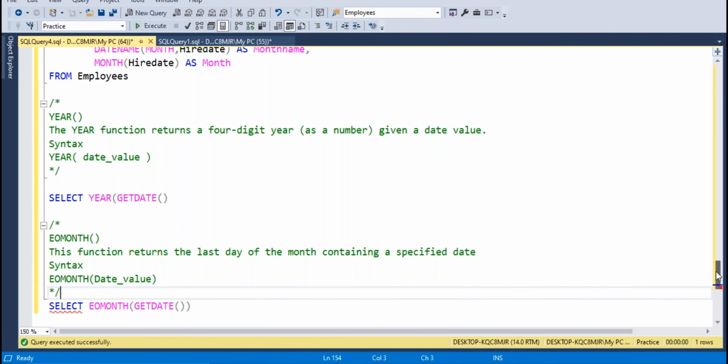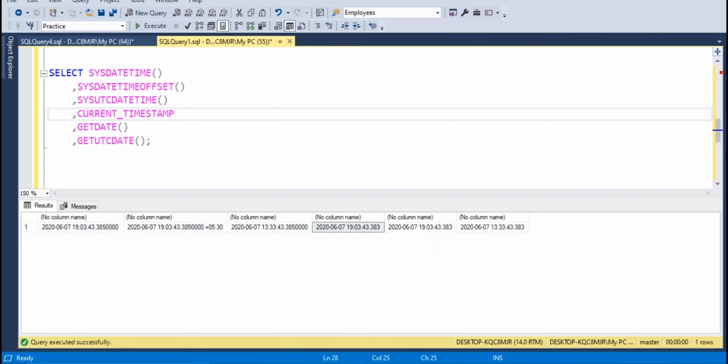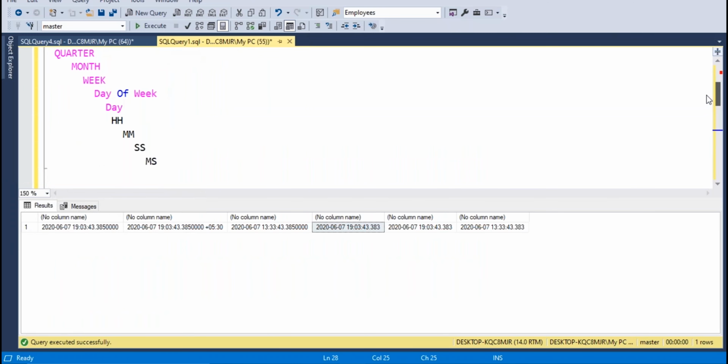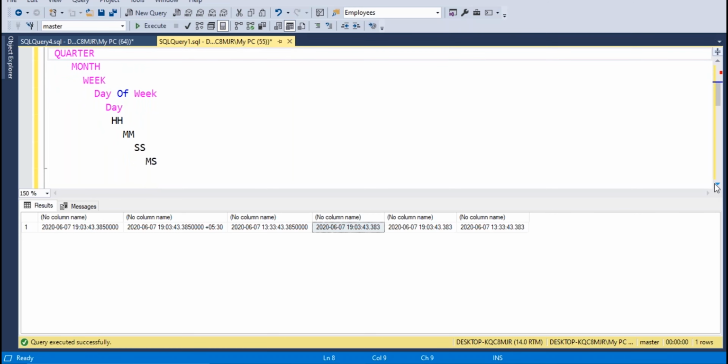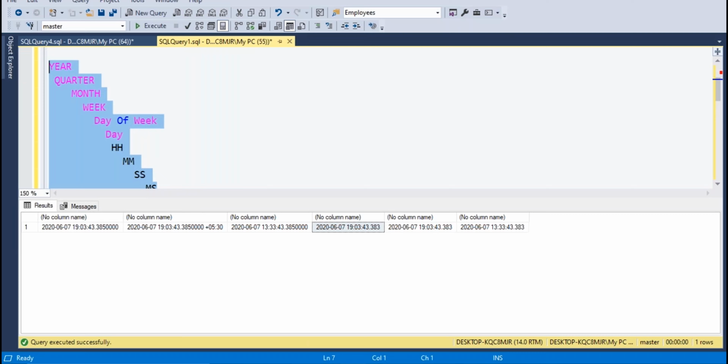Now we can go with the date functions. What are the hierarchies we can see in this date part? We can call all these parts intervals. Based on these intervals, we can define the value of a date, either a date given by the user or by applying this date function on an existing column of a table. That column should be in date format or nvarchar format.